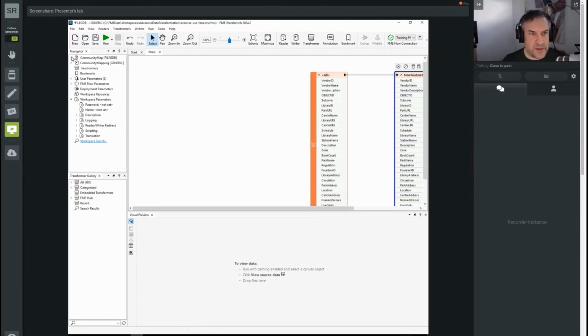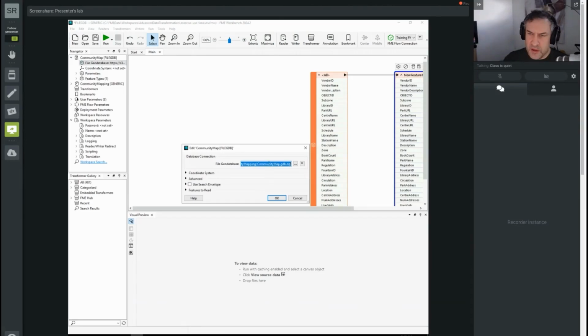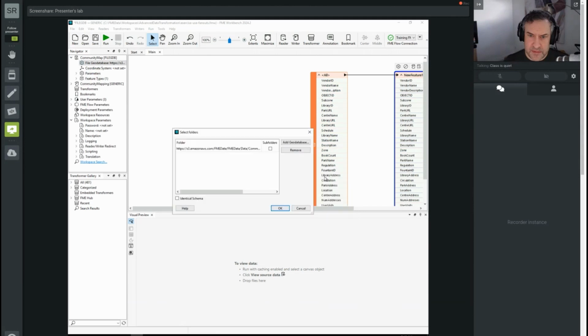So in the readers, here I'm reading from a zip file that's on a web page, but in the drop down here, I also have the option of selecting multiple folders or files of data. When I click on that, it brings up this interface here. I can actually have multiple entries in this list. I can tell it to read in individual data sets. I can also tell it to check through